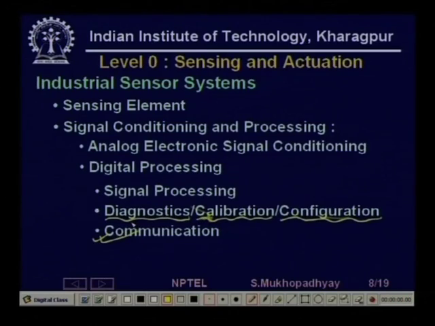Plus, another major function is communication. Nowadays sensors are all going to be communication enabled. So, they will either connect to networks, or they will connect to some remote terminal unit which will connect to a network. So, there is digital processing done for this communication function also,